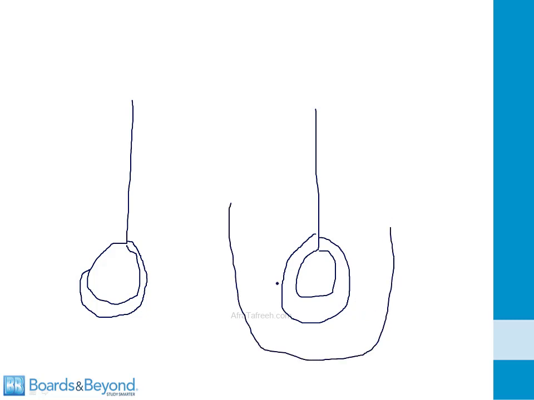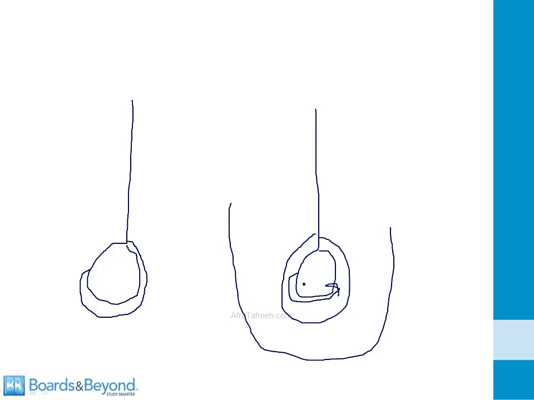In the case of a Bell-Clapper deformity, what you have is a very large tunica vaginalis. It covers the entire testicle and often even part of the spermatic cord. This prevents the testicle from attaching to the wall of the scrotum, which is out here. It also allows the testicle to twist inside of the tunica vaginalis, and that's why it's called a Bell-Clapper deformity,